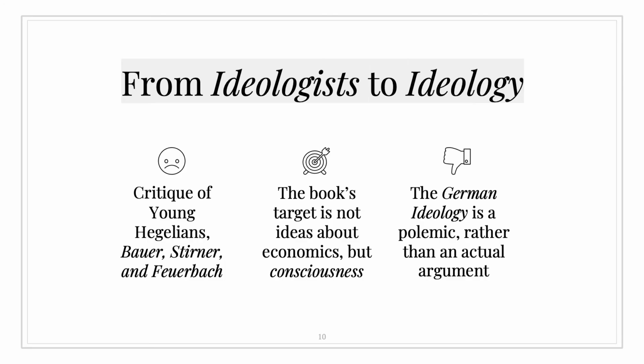Remember in video 1, I told you about Karl Marx's colleagues, the young Hegelians, from his early philosophical period. The German Ideology, written a year after the 1844 manuscripts but never published, extends Marx's critique of idealism from that time. The book applies a very similar critique to philosophical thought as the one we've just discussed about political economy. The German Ideology is a polemic rather than a full argument. Other people have filled out this argument since, and we're going to keep coming back to it in SOCY 226